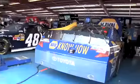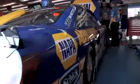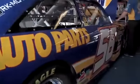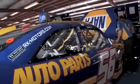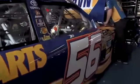The 56 car right here. Whoa, I was like, whoa. Cam Guy almost went down. That was big. The number 56 car of Martin Truex Jr. right here. That 56 car, of course, has been really strong this year. Martin Truex was just doing a little...